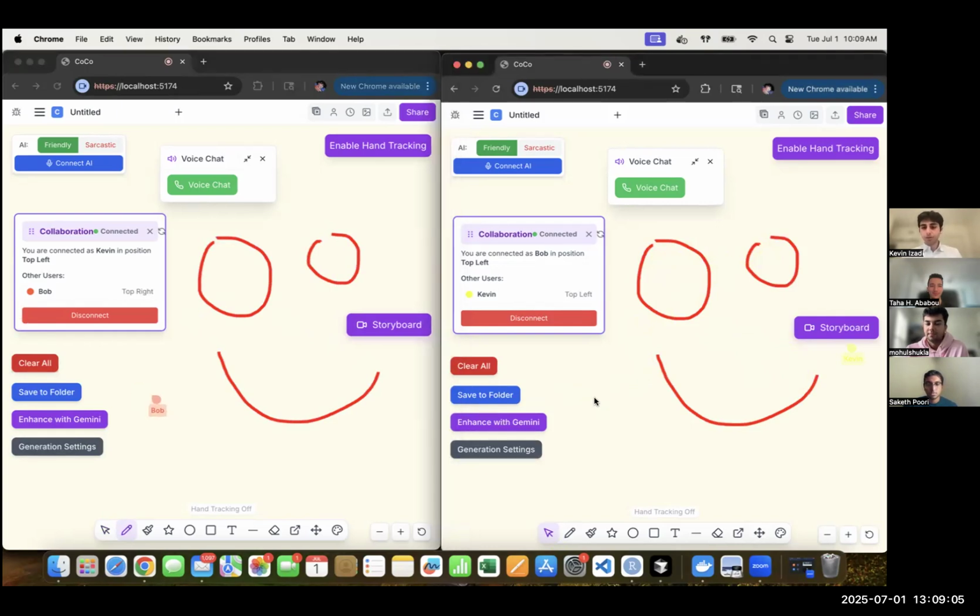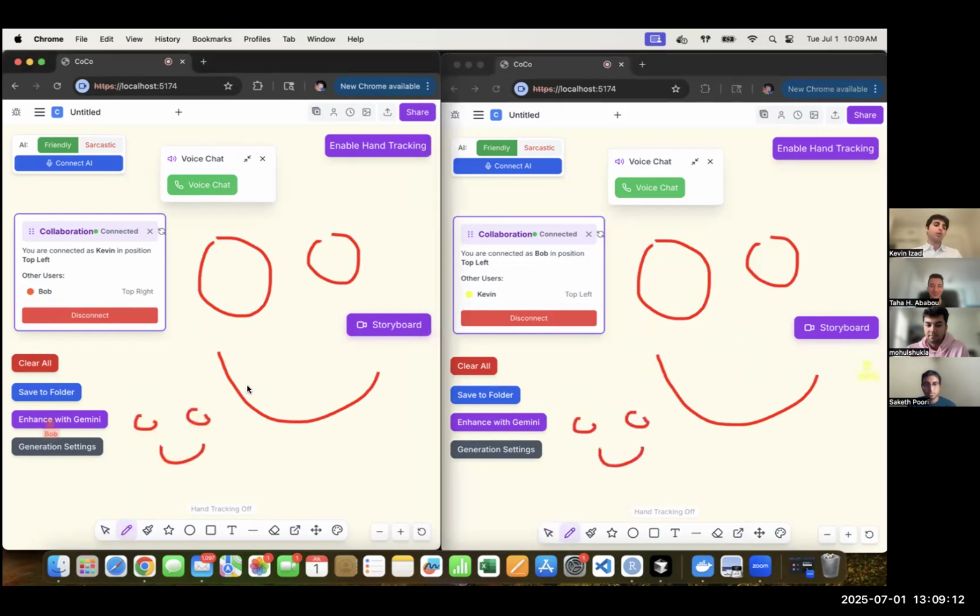And if Bob here also wants to draw a really small happy face, I will also be able to see it. So our platform is designed to encourage social creation, enabling users to collaborate with friends in real time. And this is really distinctive when it comes to elevating creativity and art, in a sense, the idea of